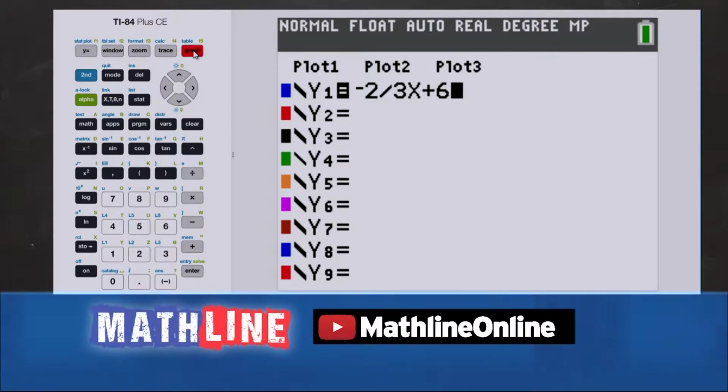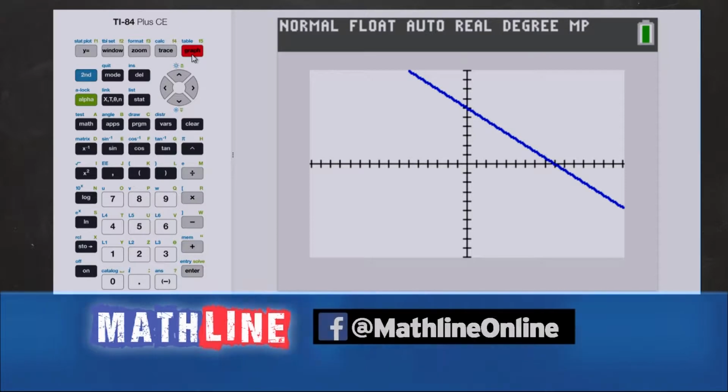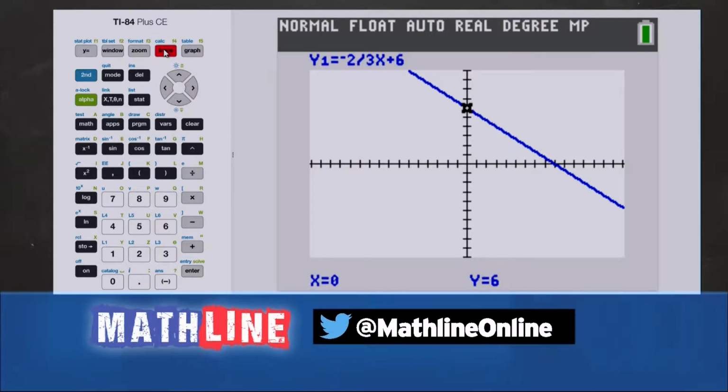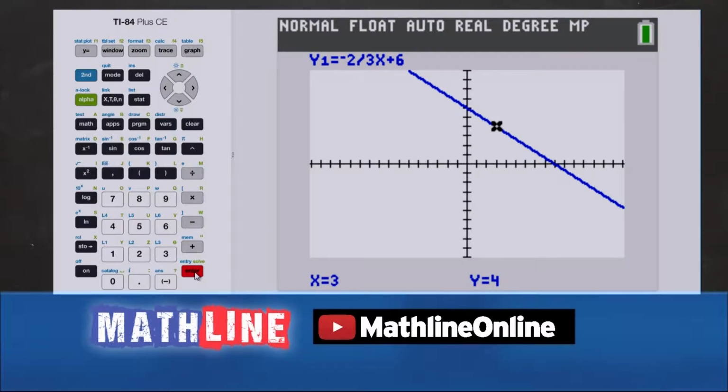Let's put a graph on it. Well, certainly I said it was going to go downhill, and it did. It goes downhill. And the question is, is 3, 4 on it? We can trace this real easy. I love the trace button. Hit that and put your 3 there for x and see what happens with y. It goes to 4,